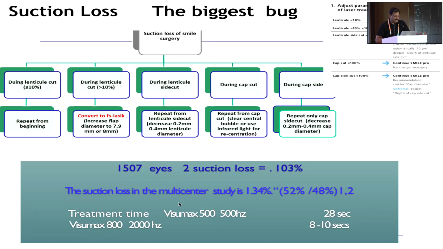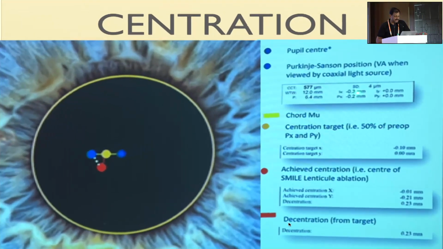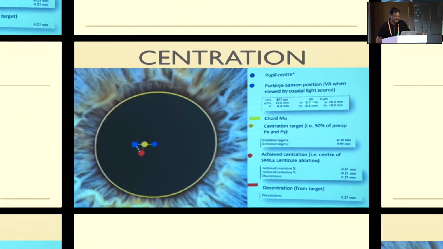So all in all, I'll just take one more minute. Of the 1507 eyes that we did, there were only 2 patients who had suction loss, and these 2 patients were typical hyper-neurotic kind of patients who were difficult to make even enter the OT premises. So I think all in all, the safety profile with this system is essentially what makes this a very robust system. So the centration, if you see here, and